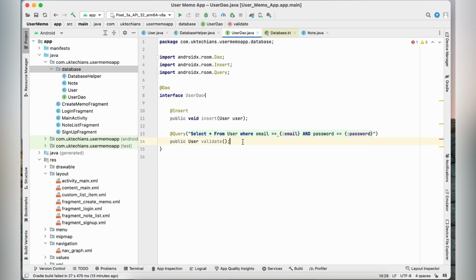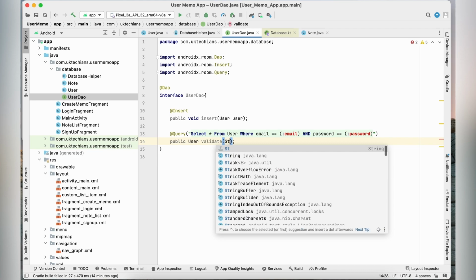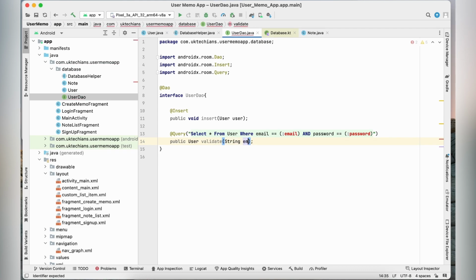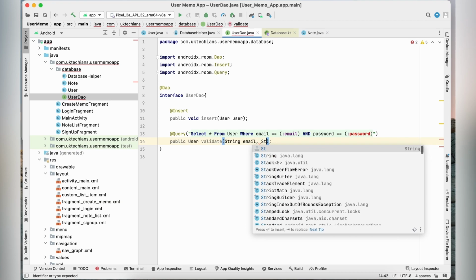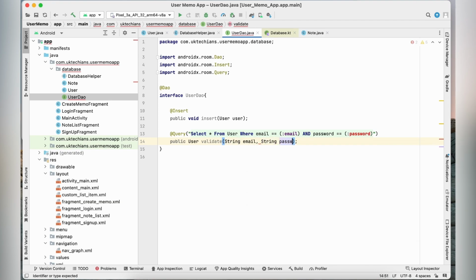Now it's giving the error over here, the brackets are not correct, so we just use it as not curly bracket but the round brackets. So let's just replace them like this, and it's now giving the error because the parameters are not available in this method over here. So let's just add email parameter and password parameter. Now I will just copy, and